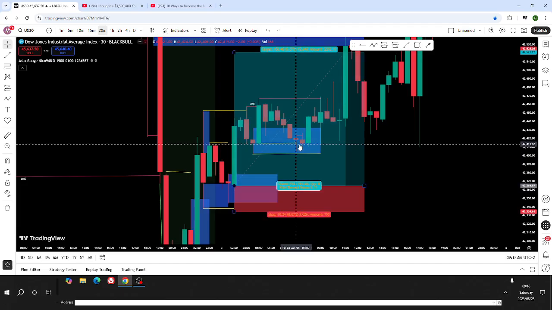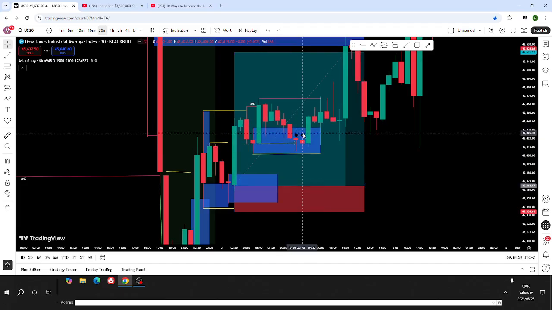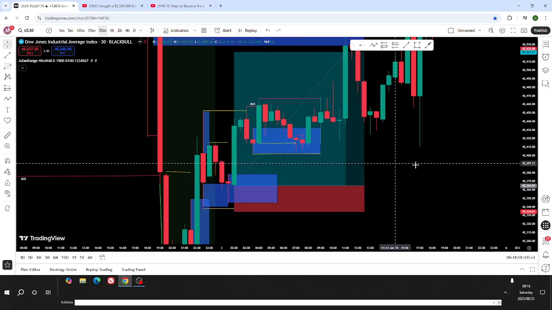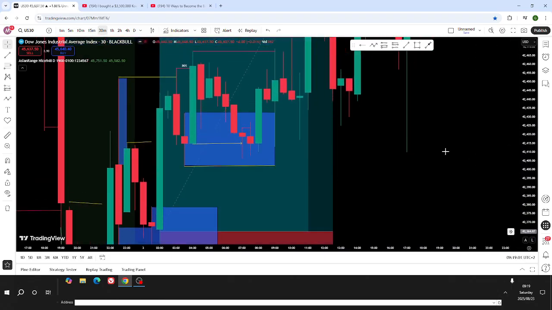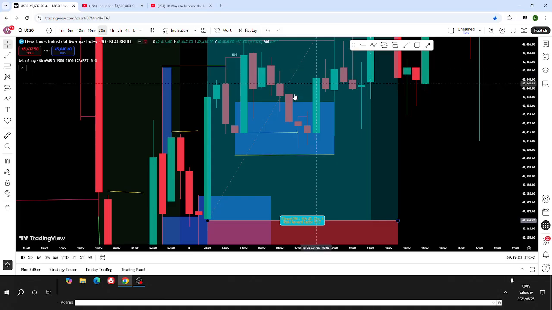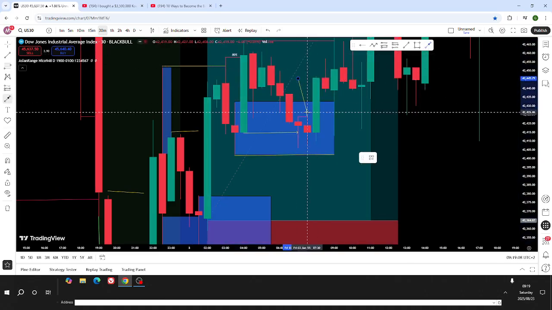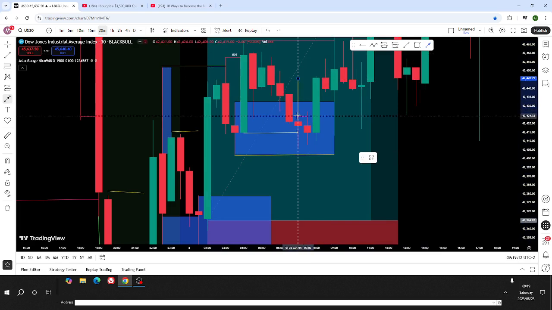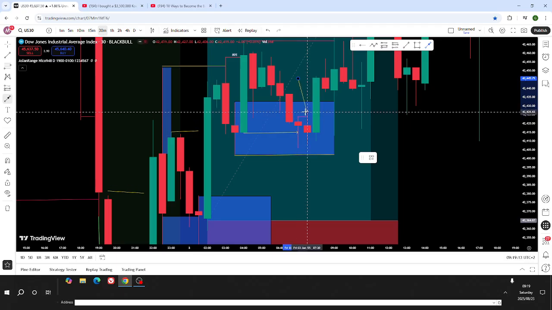And then when you go to lower time frame, you get to see the change of character. You see a new high being formed. Which one is the new high being formed? This is the new high that is being formed. On the lower time frame, this is a high, and this is a previous high. And then another recent high is this one. So you get to see that a new high has been formed, and if a new high has been formed,